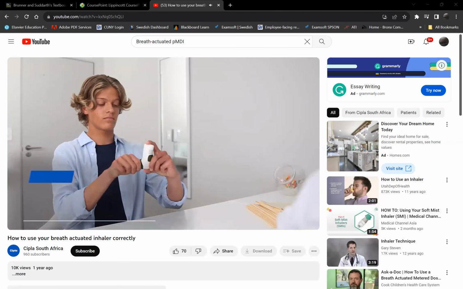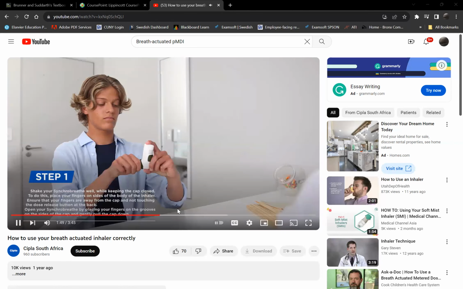Step 1. Shake and open. Shake your Synchro Breathe well while keeping the cap closed. To do this, place your fingers on the sides of the body of the inhaler. Ensure that you